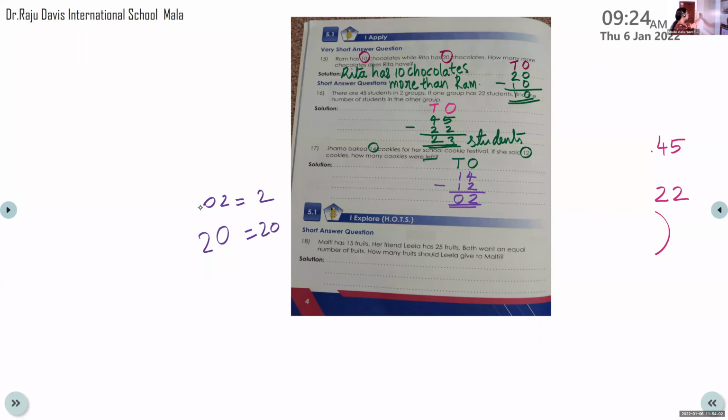Okay. So here we can see how many cookies are left here. 2 cookies. So 14 cookies were there, and out of 14, 12 cookies were sold. So what's remaining, or what is left? Only 2 cookies are remaining. That means her cookies are tasty. That's why she sold 12. So 14 minus 12 is equal to 2 cookies.